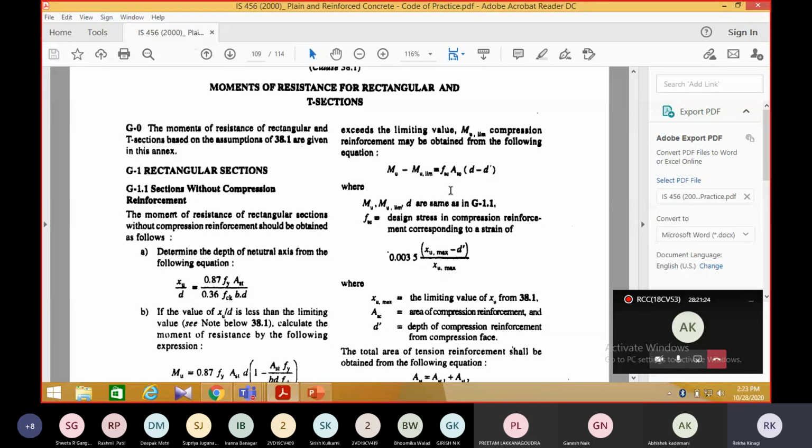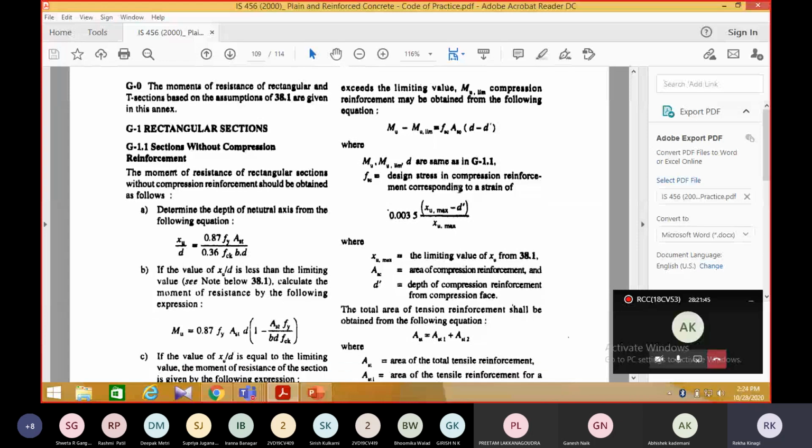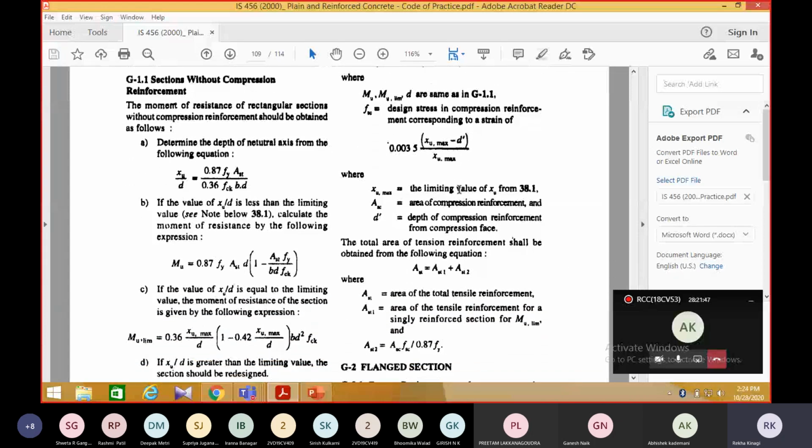Once we get the value of FSC, D and D dash are known, Mu minus Mu limit will be known. Mu is nothing but the design bending moment, and Mu limit is the limiting moment of resistance. So the only unknown will be ASC. So we can easily calculate the value of ASC. Once the value of ASC has been calculated,